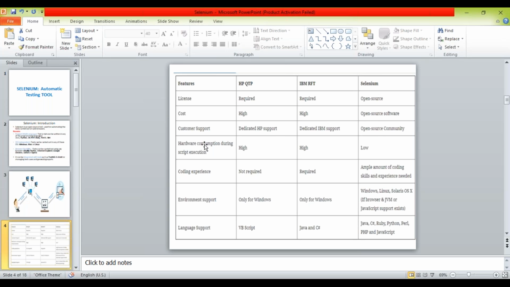The next point for the comparison is the hardware consumption during script execution. You can see that QTP and RFT have a high hardware consumption, while Selenium has low hardware consumption. Then the coding experience. Definitely coding experience is not required in QTP and RFT, while we can say an ample amount of coding skills and experience are required